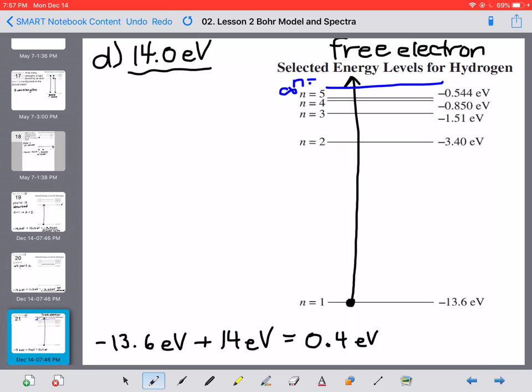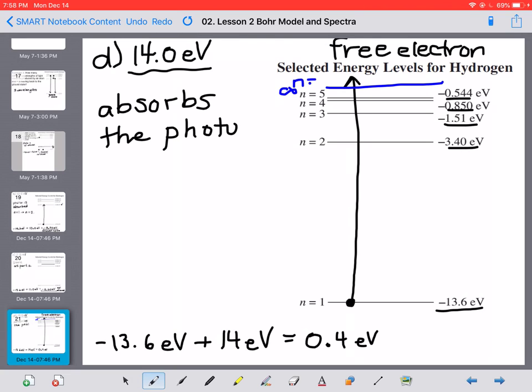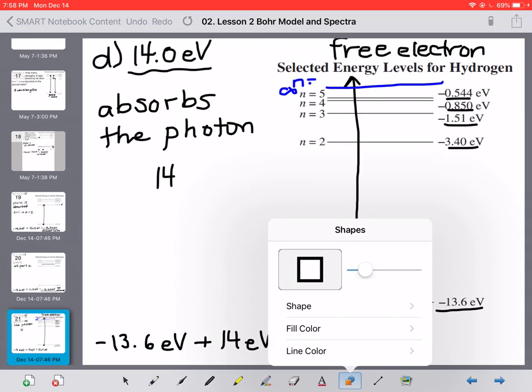So when the electron was part of the hydrogen atom, it could only have these energies that I'm underlining, these allowed values. But when the electron becomes free, there's no allowed values anymore. It can have whatever energy it needs. So what's going to happen is the electron will absorb the photon, so it absorbs the photon and is actually going to have some energy left over. So of the 14 electron volts here,